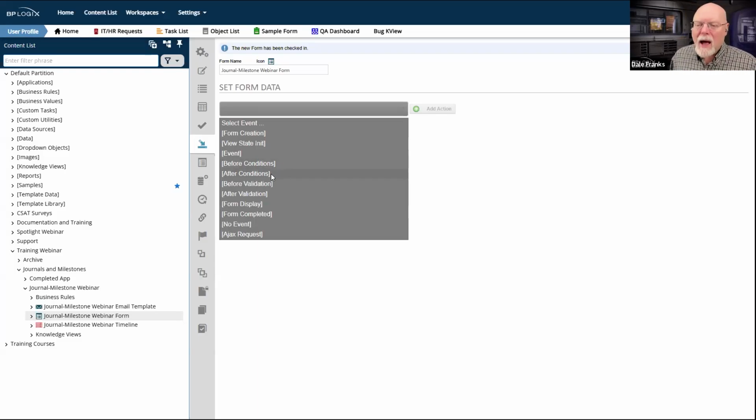Then the conditions are evaluated and the fields are hidden or exposed to editing. And then I have an after conditions event. And now the form is just fully open. It's running and I can do whatever I need to until I hit submit.